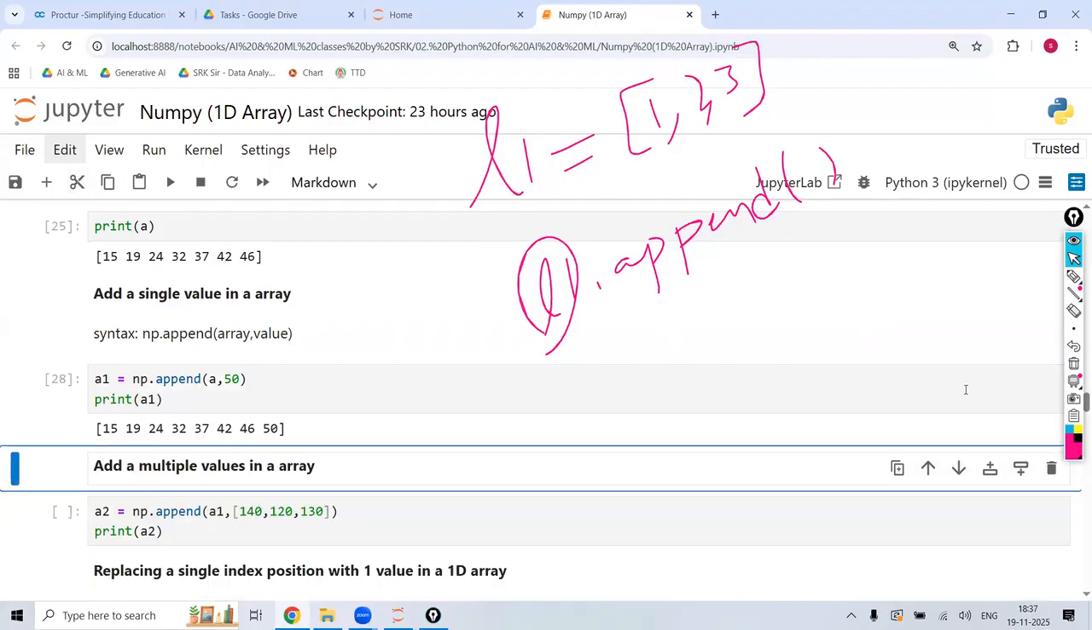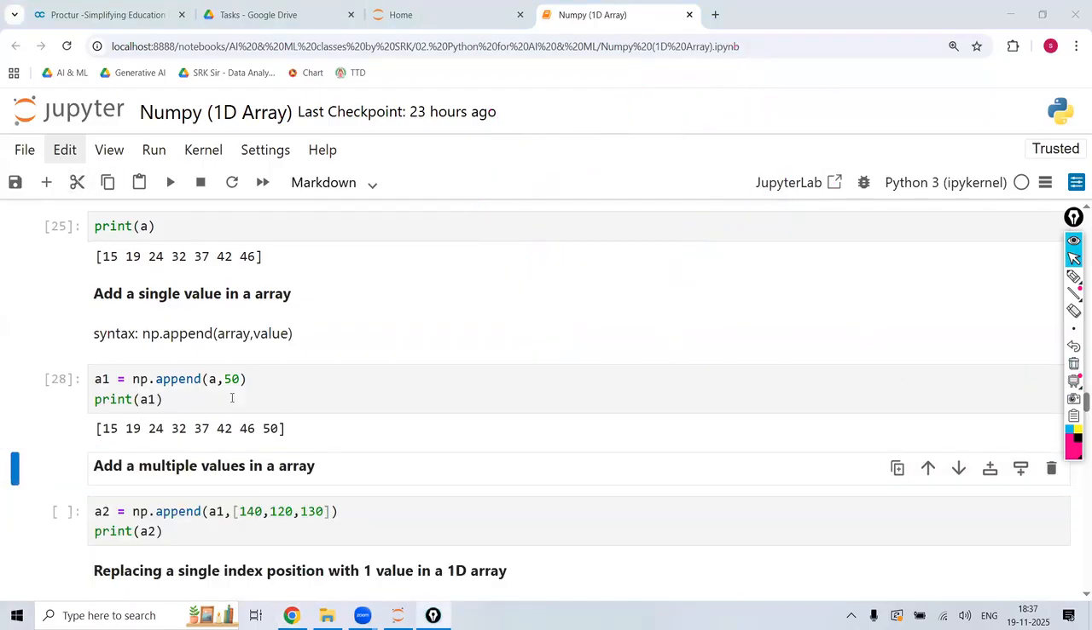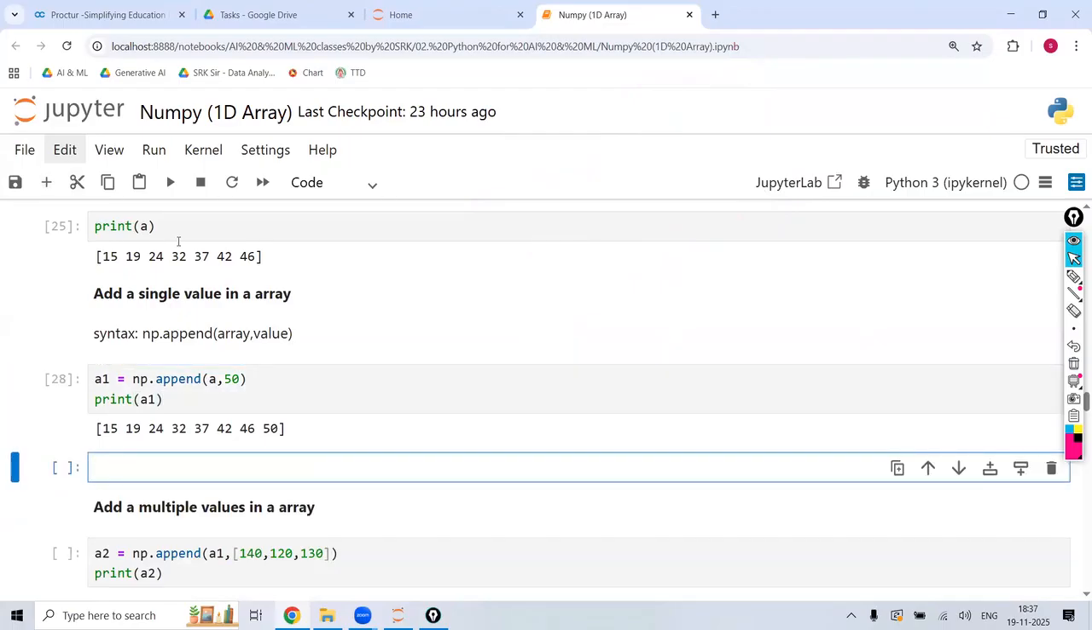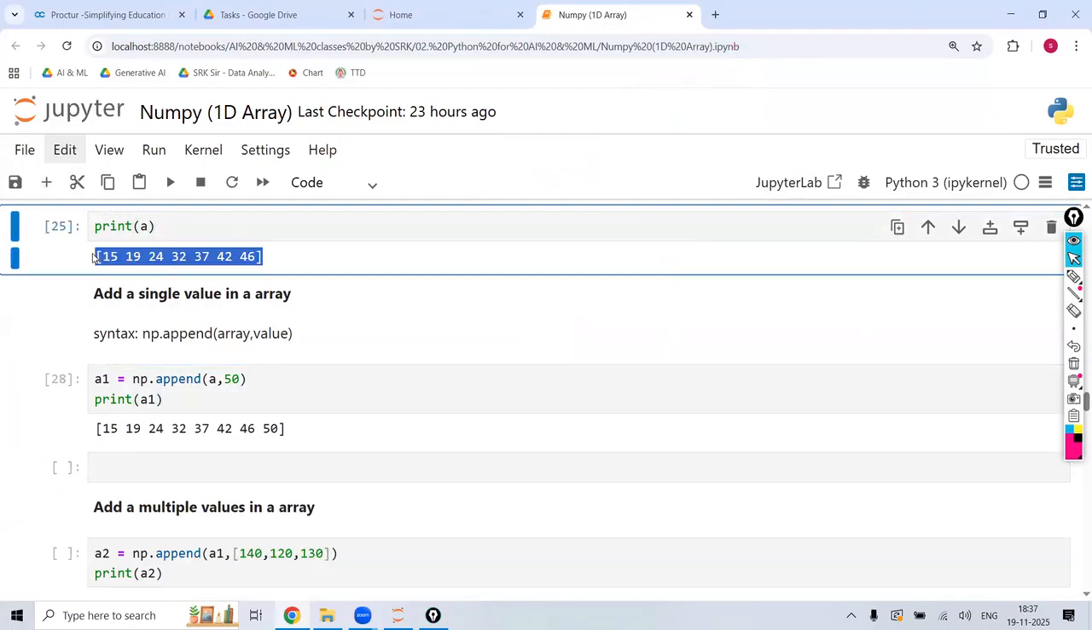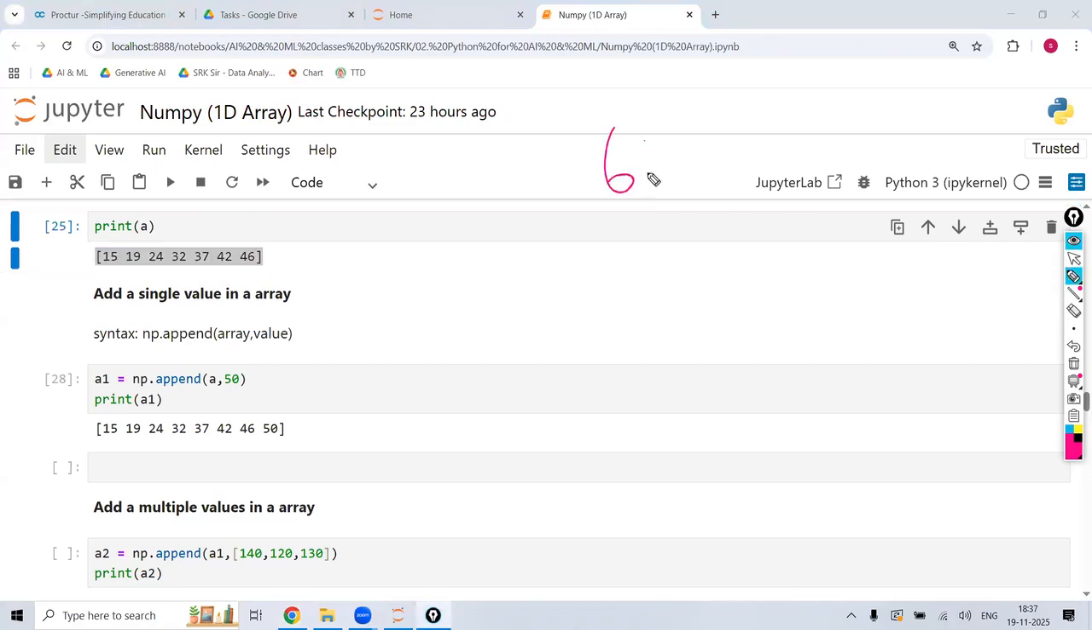Is the point clear, guys? Now forget about A1. My A is this one only. This is A1, A is this one only. Now I want to add 60, 70, two numbers at a time. 60, 70, 80, three numbers I want to add. So when I want to add these three numbers,